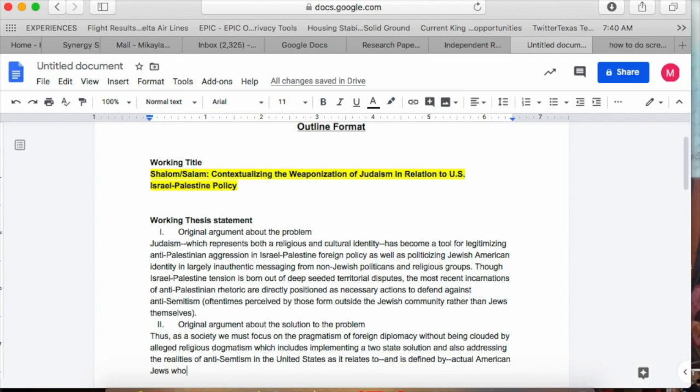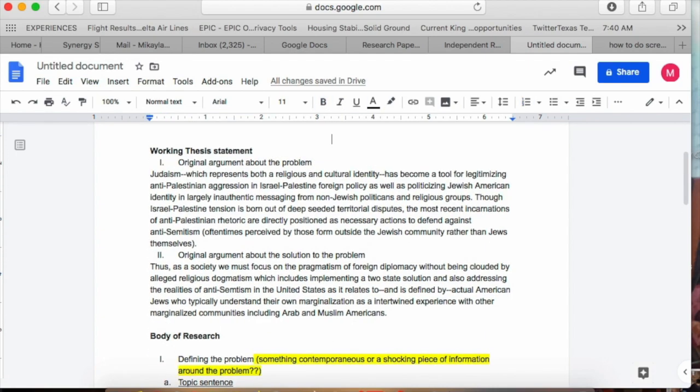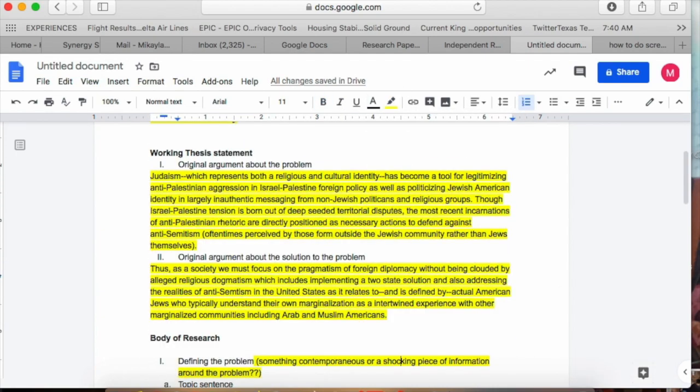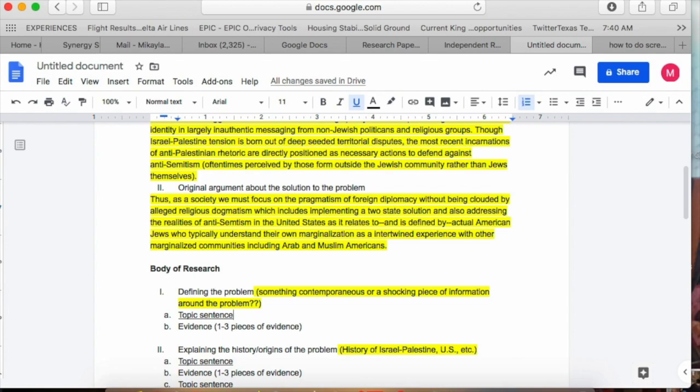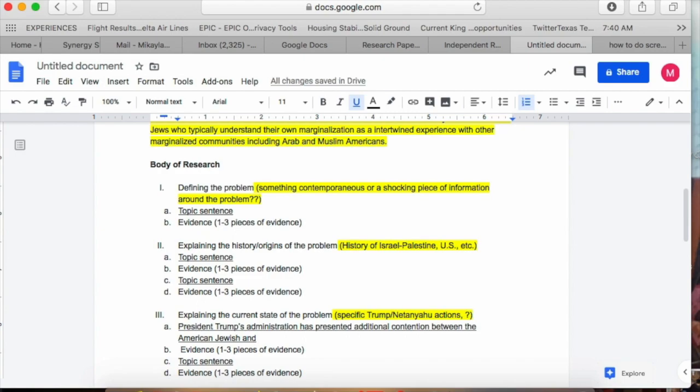is a big problem, it needs to be acted on now, that understands a little bit of the context and the current state of it, and then proposes how one might act, what we can do to solve this particular problem. My thesis I will be revising for sure at least 2 to 3 more times, but right now it'll do. After I'm done with my thesis, I go into the part of my outline that I feel most confident